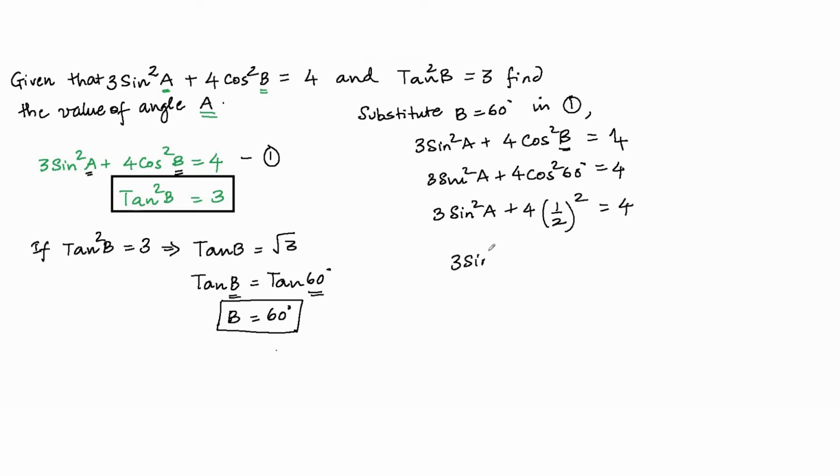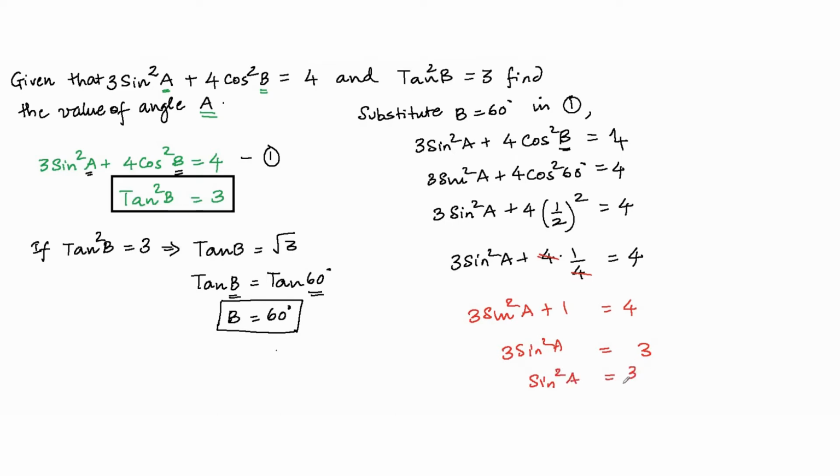So 3 sine square A plus 4 times 1 by 4 is equal to 4. Now 4 and 4 cancel, and I get a 1. So this becomes 3 sine square A plus 1 is equal to 4, which means 3 sine square A is equal to 3, and therefore sine square A